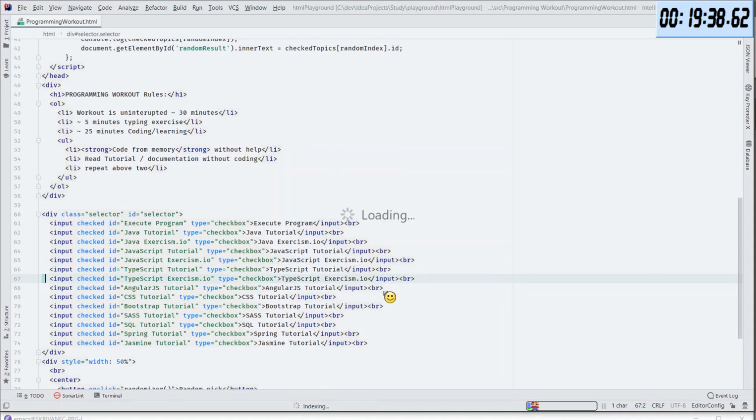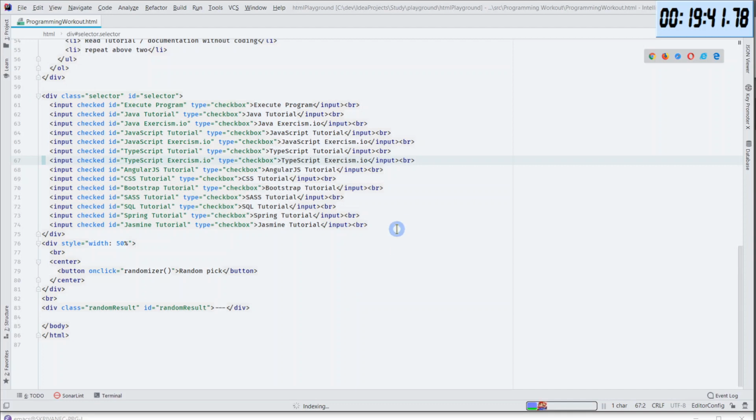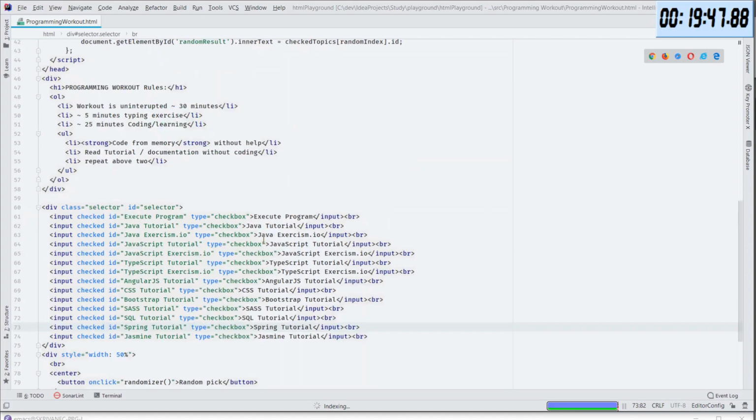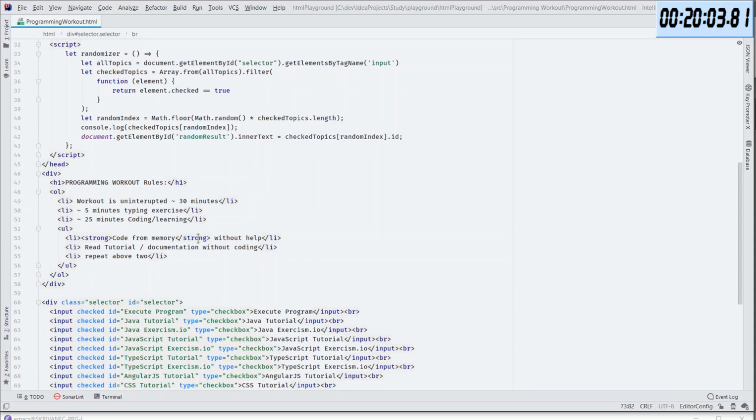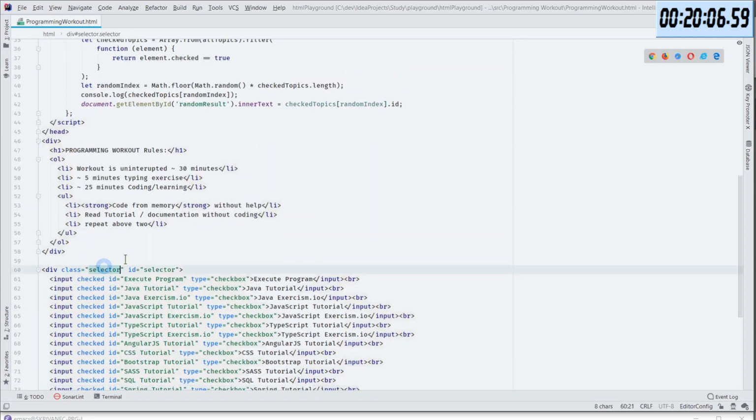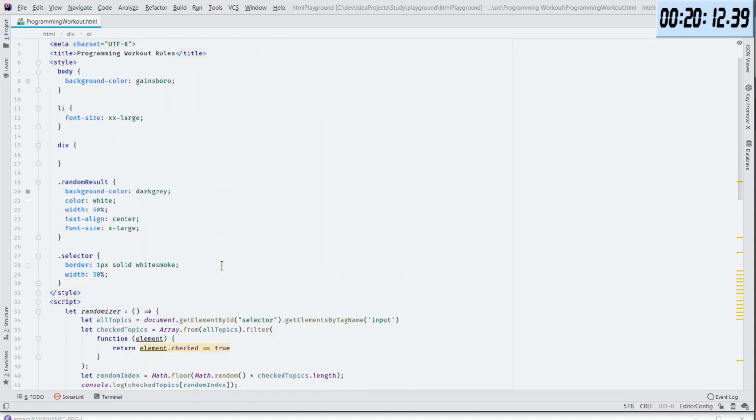This is the thing I wanted to have. So, first of all, I want the div to be not as wide as it is right now. So we will play with it. Is the selector a class or ID selector? Let's have a look at what we have. We have a selector class in here, and the width is 50%.